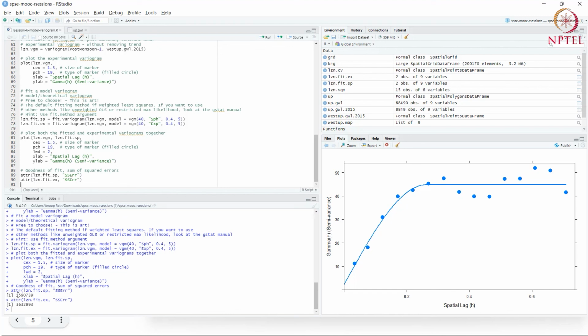So it seems the spherical function is a better fit. That's a measure you have to know to justify which one is a better fit in your reports and your papers. In our case, the spherical function is a better fit, so I'm going to stick with that going forward.